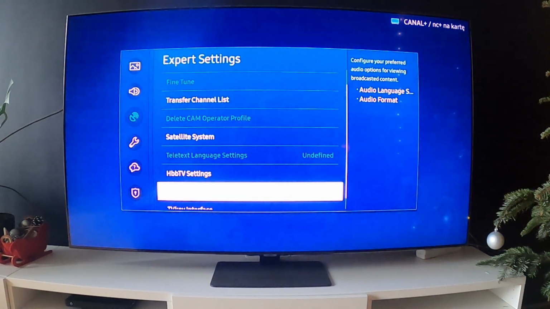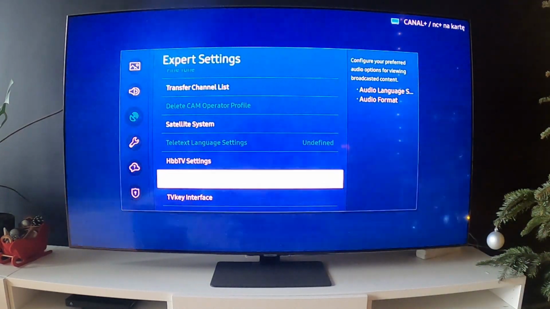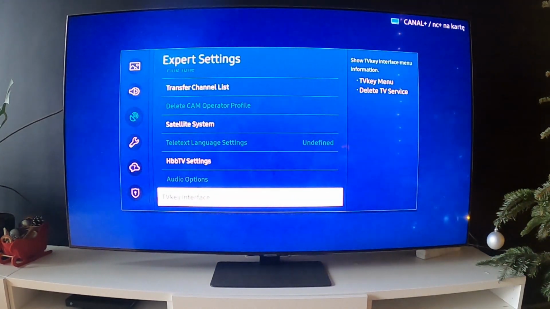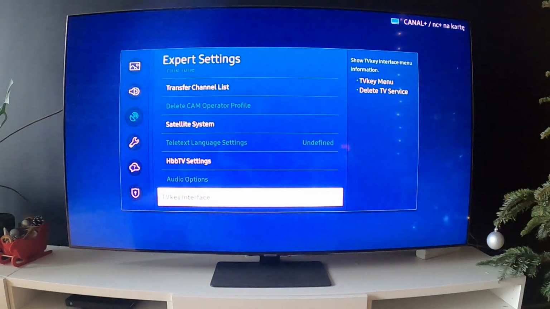TV settings. Next you can enter audio options where you can change audio language system and audio format. And in the end you can manage TV key interface. And that's basically it for